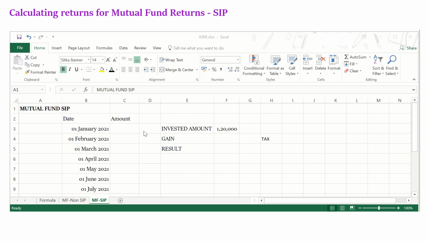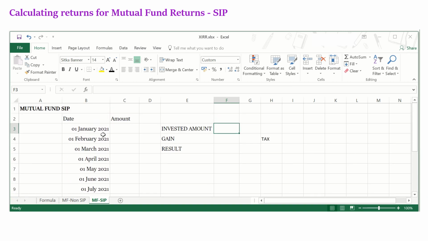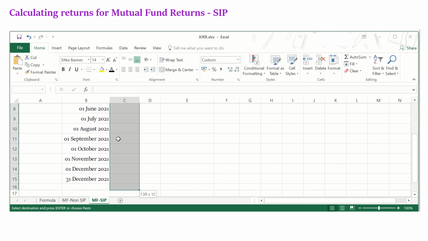So now let me move on to the calculation of SIP. This is more common in retail investors, where we do a SIP for a fixed amount for a couple of months and then redeem it based on our life goals. So in this example, let me consider that I am doing a SIP for 10,000 rupees month on month. Since that is an outflow from me, it's all negative values.